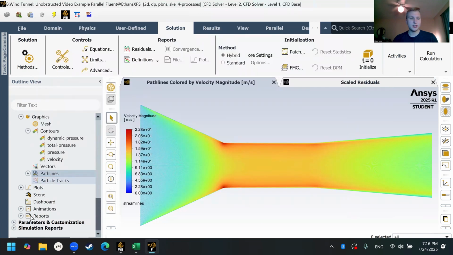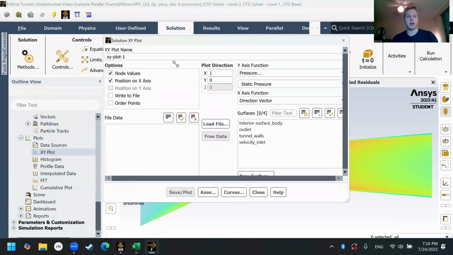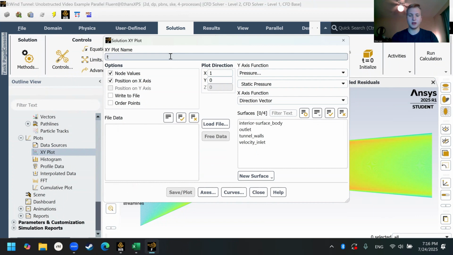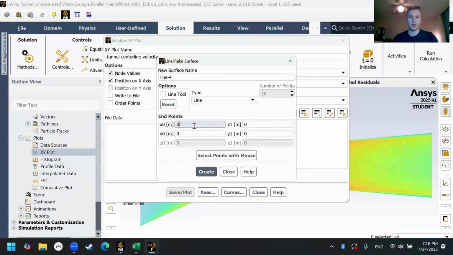And so the last thing that we're going to do is all of our plots. So I'm going to create a new plot. My first one's going to be called tunnel centerline velocity. We're going to make sure to use velocity magnitude. And I'm going to create a new surface and a new line. And so for our endpoints, I'm going to use negative